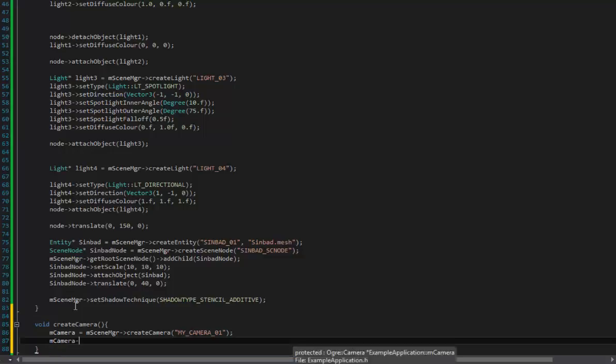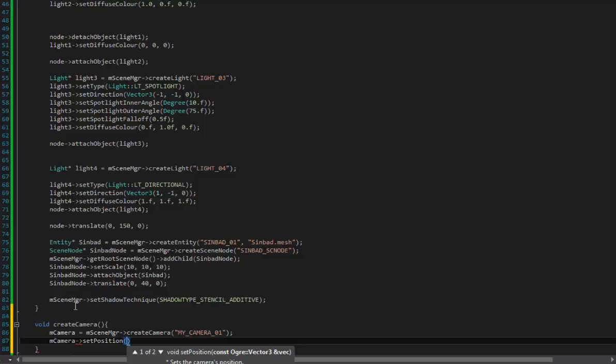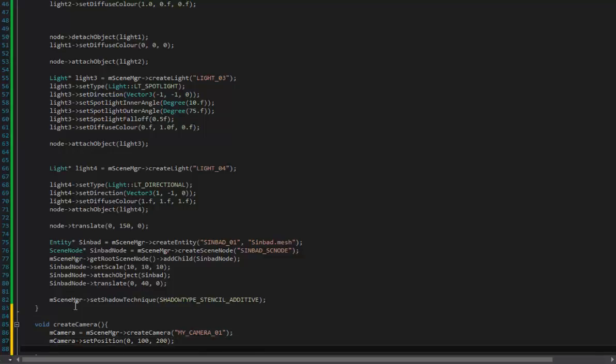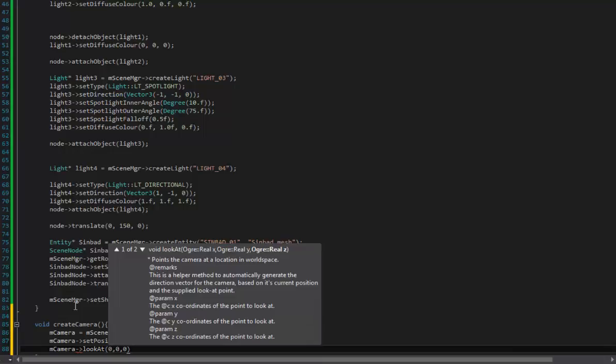So you're going to set the position of this camera. And for now, let's make it 0, 100, and let's say 200. And another property that this camera has is called the look at. So we would set the mCamera look at property and make this look at our origin